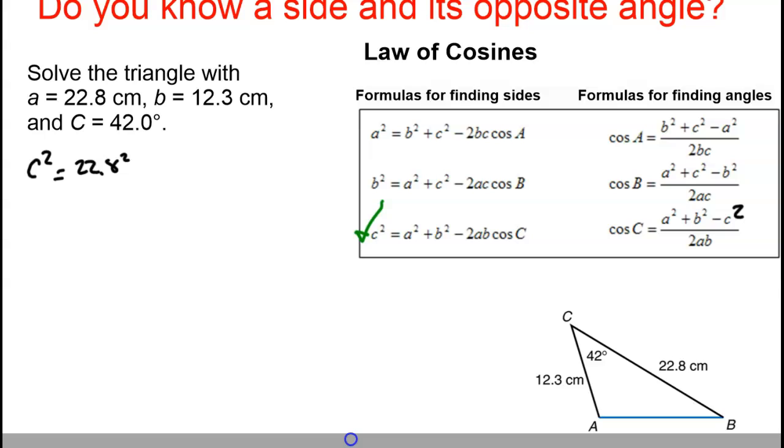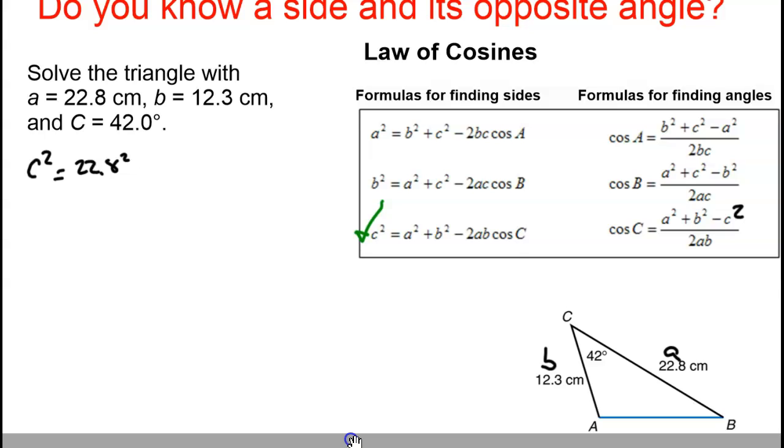Remember, A is opposite its angle, and same thing for B. It's opposite its angle. So 22.8 squared,